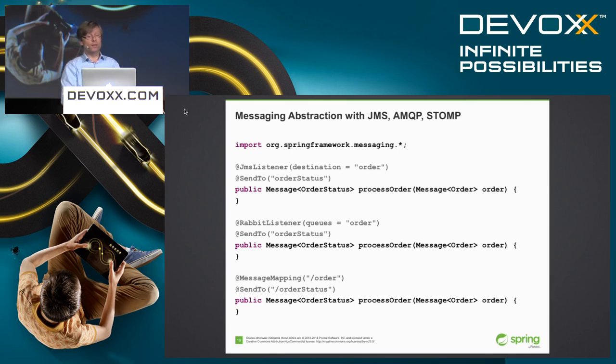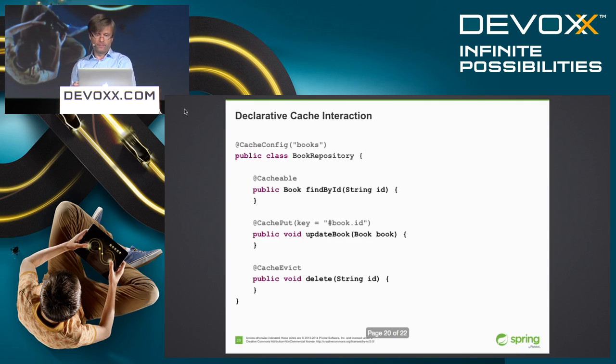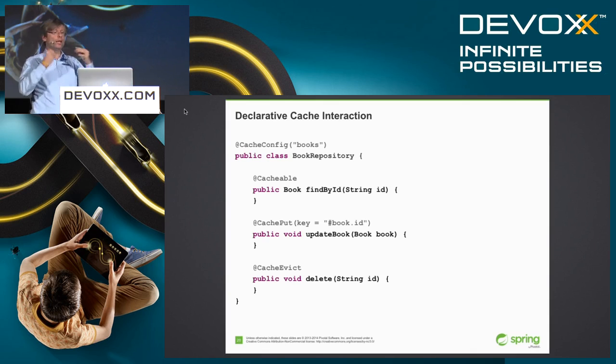Using a common message type across Spring's different kinds of messaging endpoints that are supported out of the box. An important design principle as of Spring Framework 4. So last but not least, declarative caching, the version seen here, that's Spring Framework 4.1, but using Spring's own caching